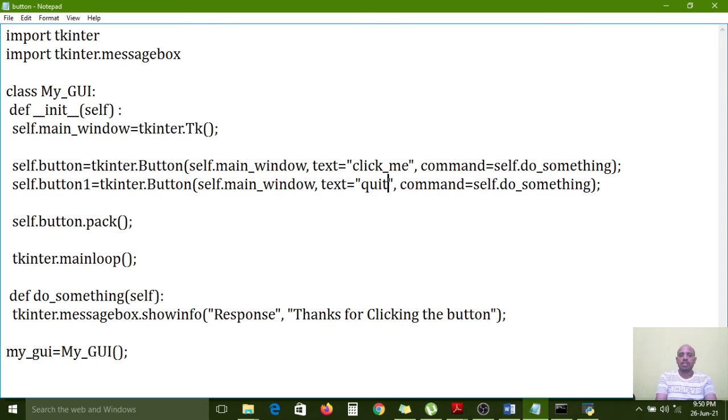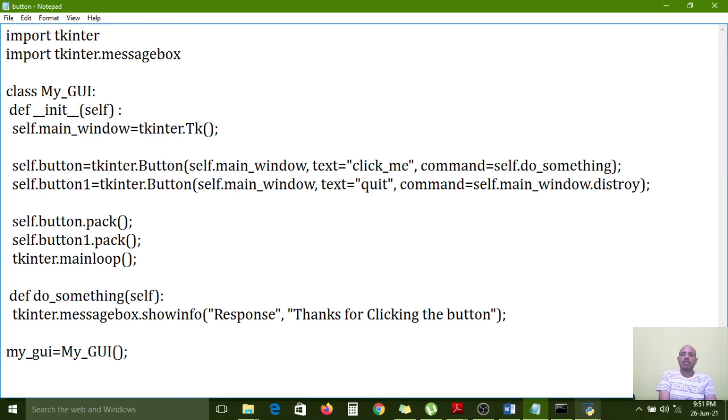Quit. Command self.do_something now. Here self.main_window.destroy, we can call the destroy method. Here self.button1.pack, the pack method will arrange the placement. Next one, tkinter module do something, everything is okay.